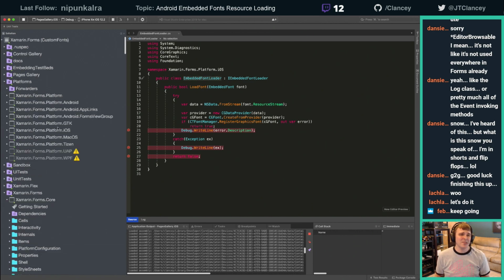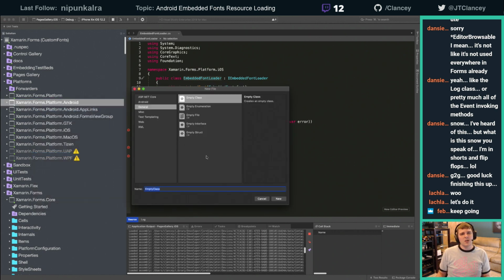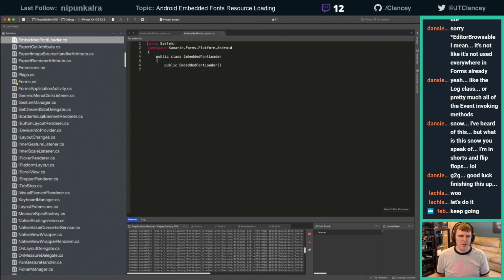So Android's different, guys. Android's kind of sad. I don't like how Android works. So we're just gonna do Android. We're gonna put a to-do in there. Clean this up if we can. Embedded font loader,